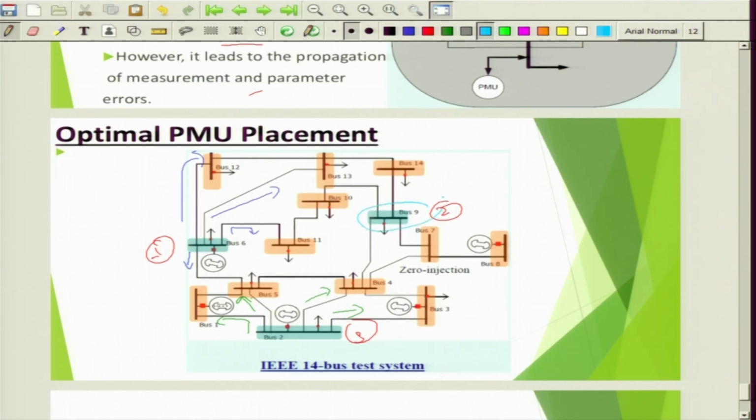This PMU will be able to take care of bus number 10, bus number 14 and bus number 7. So by just keeping these 3 PMUs, we can monitor the voltage, phase angle, frequency and rate of change of frequency of all the buses in the network, such that with minimum PMUs we will be able to take care of the entire power